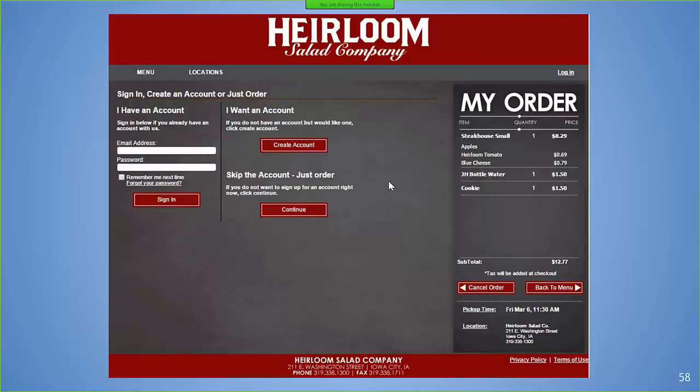When they do this, they're going to get a confirmation email if they create an account. They're going to get one either way, but you will be able to go ahead and accumulate an online ordering database for the same type of information that we looked at for the carry out and delivery. We want to know who's ordering, where they're ordering from, how often they order, if this person hasn't ordered in a long time. On the back of the house, this is all available from a web portal for you,